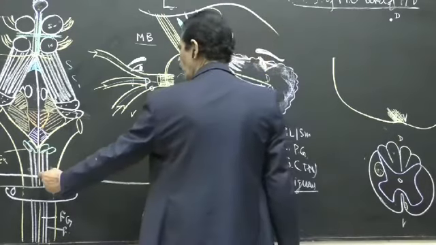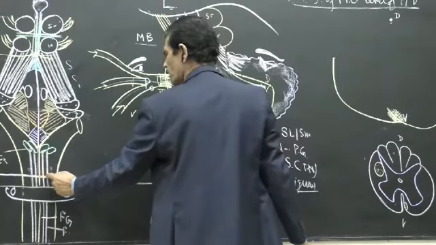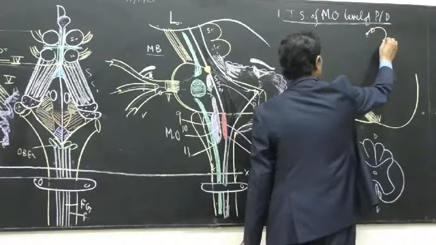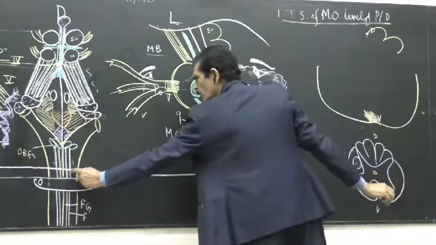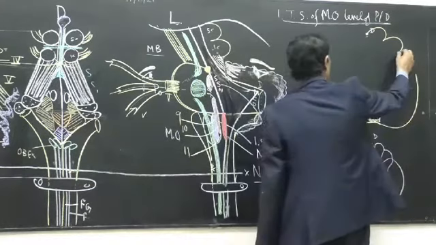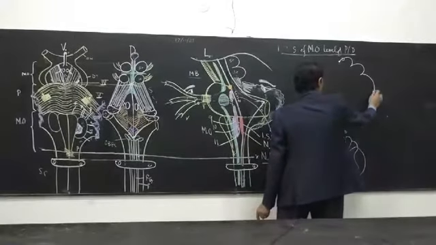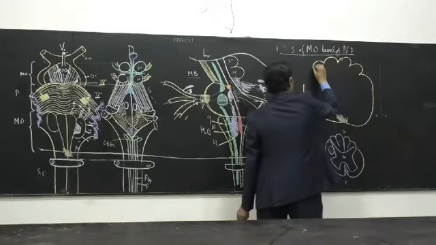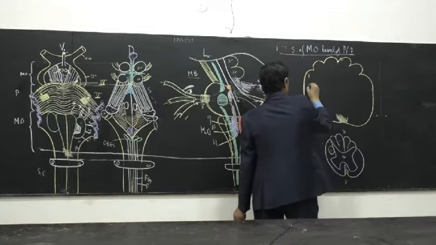Then take the dorsal midpoint, this. Here the two elevations, like in the spinal cord: fasciculus gracilis and fasciculus cuneatus. Then lateral to the fasciculus cuneatus, up to the lateral part of the medulla, a straight line. That is the inferior cerebellar peduncle. So here the ventral meets with the dorsal. So this is the inferior cerebellar peduncle.